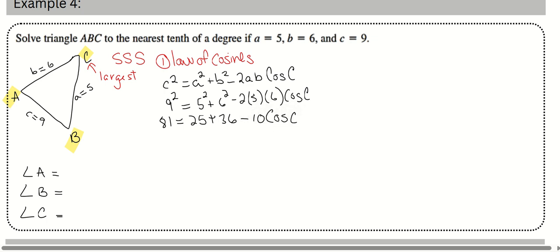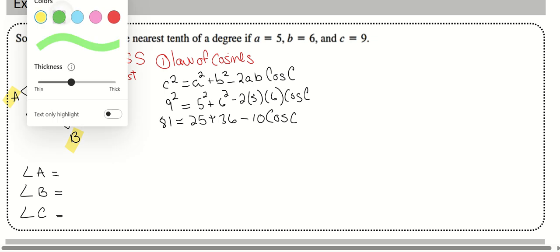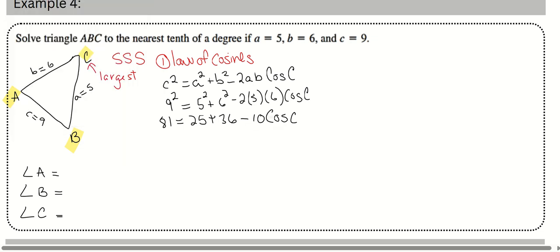So we have 9 squared is equal to 5 squared plus 6 squared minus 2 times 5 times 6 cosine of C. So we know that this is 81, 25 plus 36, minus 2 times 5 times 6, which is 60, cosine of C. Again, we're trying to solve for cosine of C, so we want everything else on the other side. But we can still simplify this a little bit more because 25 and 36 can be added together. We have 81 is equal to 61 minus 10